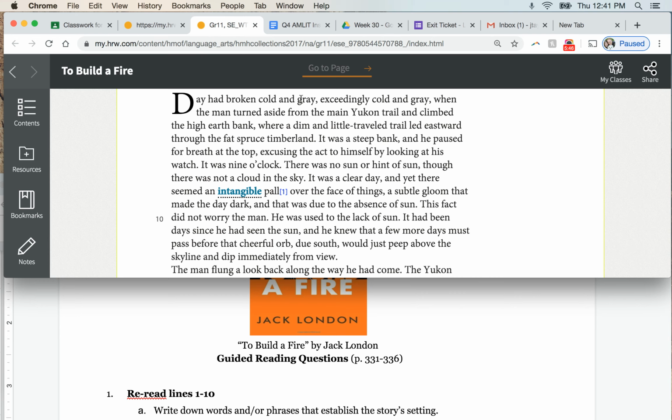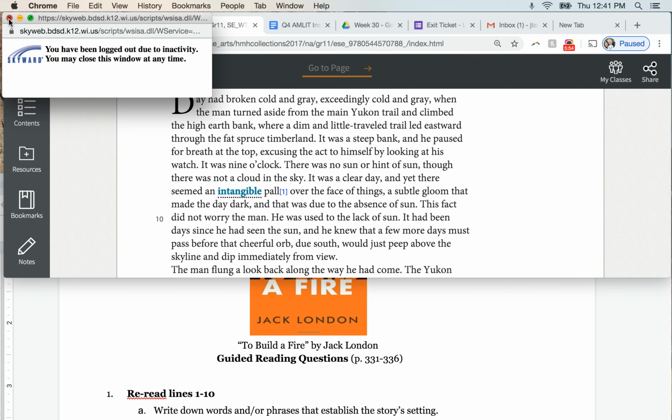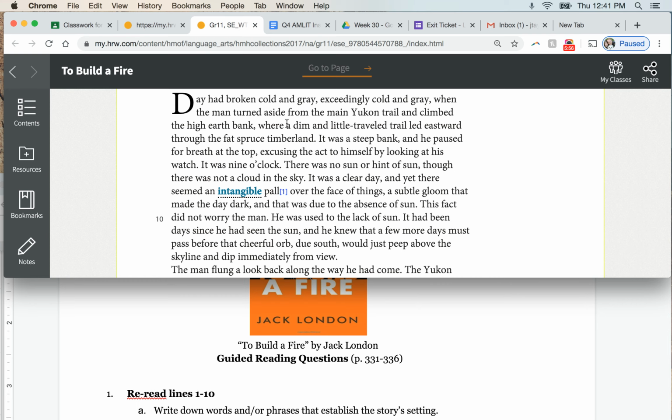Day had broken cold and gray, exceedingly cold and gray, when the man turned aside from the main Yukon Trail and climbed the high earth bank, where a dim and little-traveled trail led eastward through the fat spruce timberland. It was a steep bank, and he paused for breath at the top, excusing the act to himself by looking